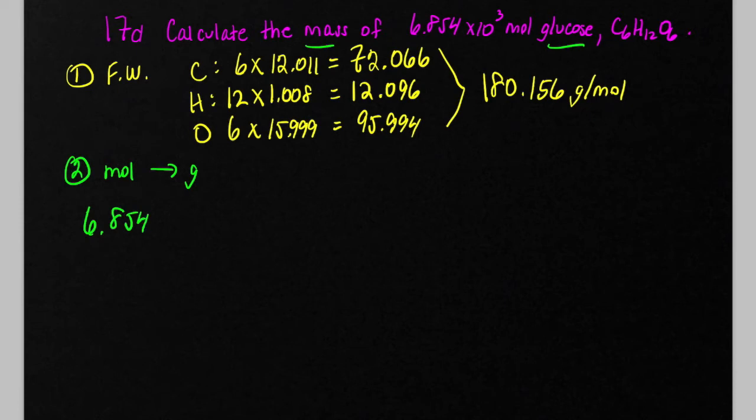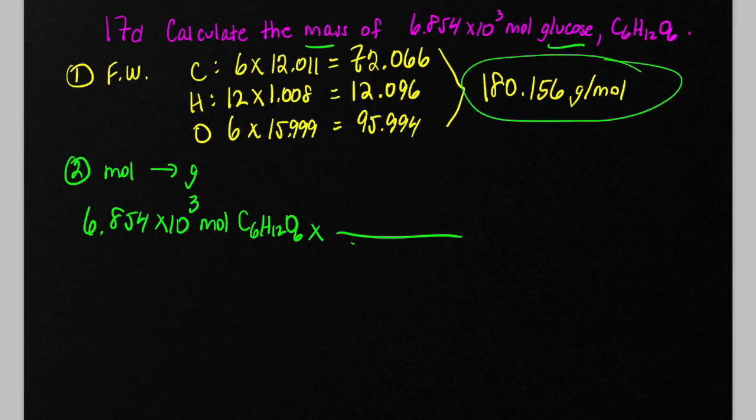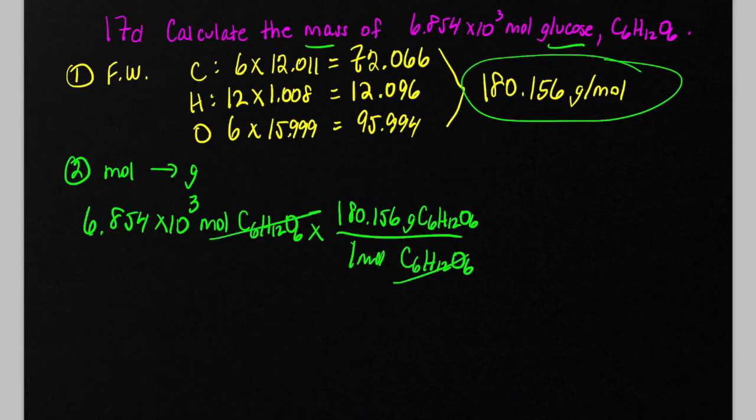So we're starting with 6.854 times 10 to the 3 moles of glucose. And we want to use as a conversion factor the formula weight. So we want to multiply by 180.156 grams of this guy divided by 1 mole of C6H12O6. So the moles of C6H12O6 cancels, and on your calculator